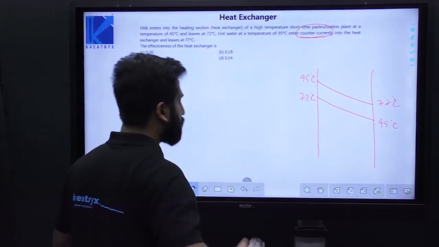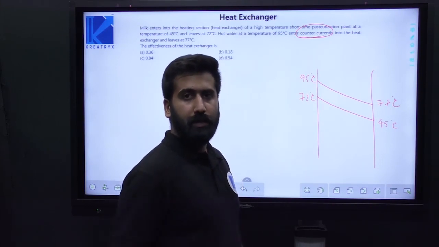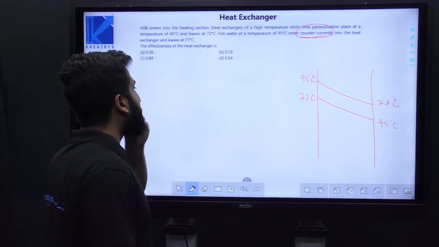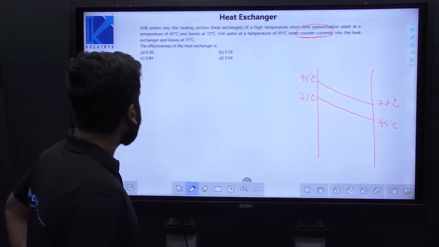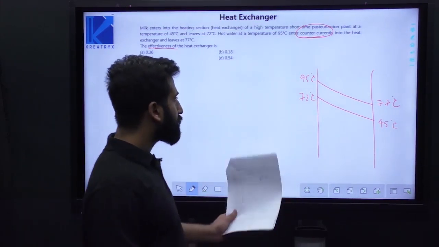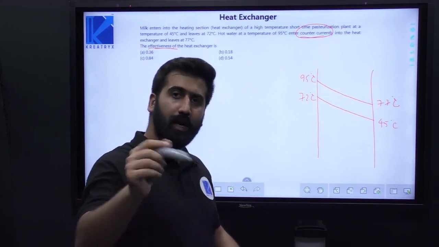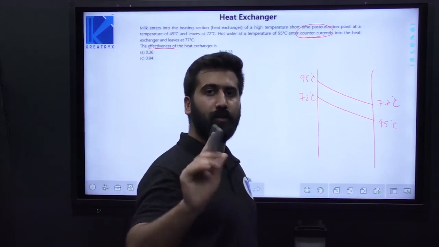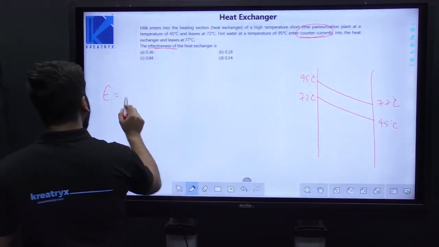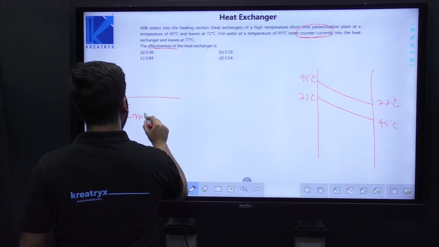Generally it will be given in the question paper that you have to take the specific heat capacity of water as 4.18 kilojoule per kilogram Kelvin. But since no data is given and you have been asked the effectiveness of the heat exchanger, that means when all the temperatures are given, you have to use the formula of effectiveness which contains the terms of temperature, which is C minimum